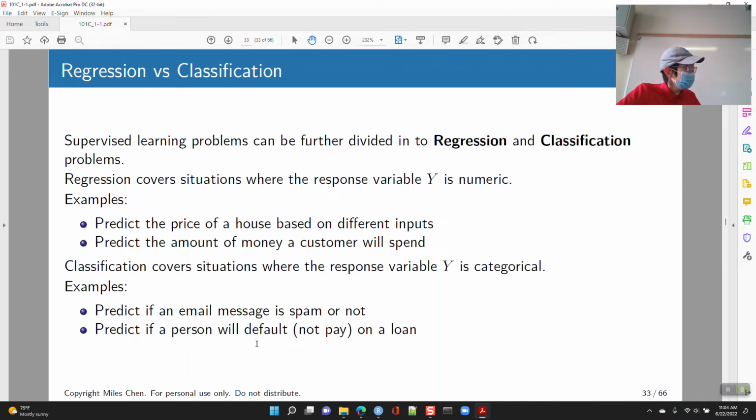Classification is, what category does this belong to? Does this message belong in your spam or your inbox? Can I lend money to this person, and are they going to pay me back? Or are they a risk, and they're going to say, sorry, I borrowed your money and I can't pay you back? And then I'm mad at you, and we tell the credit companies, but you're still out of money, right? That could happen.